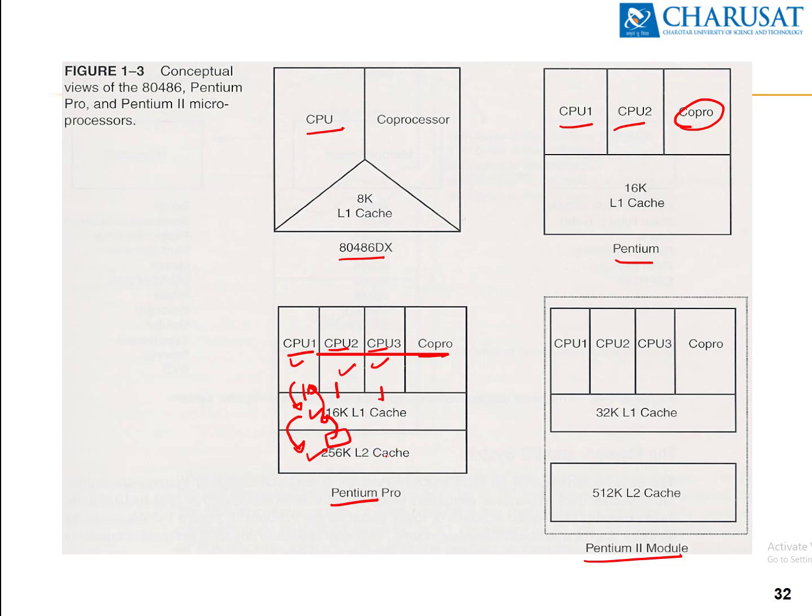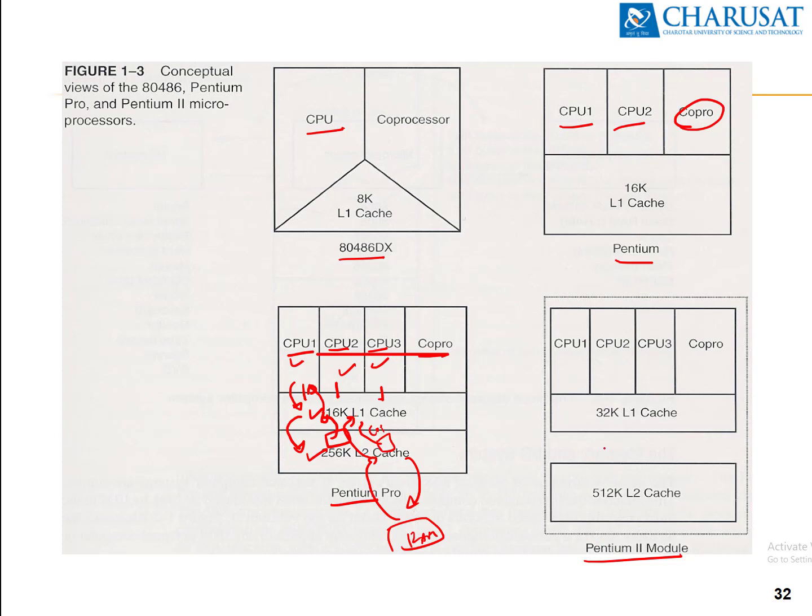If it is not available in L2, an operating system trap will be generated and it will be found in RAM. Then, if the data is found in RAM, it will be transferred into L2, and from L2 it will be transferred into L1. So a copy of the data is maintained. It is not that the data is cut from L2 and pasted into L1, but a copy of the data is made from L2 to L1.